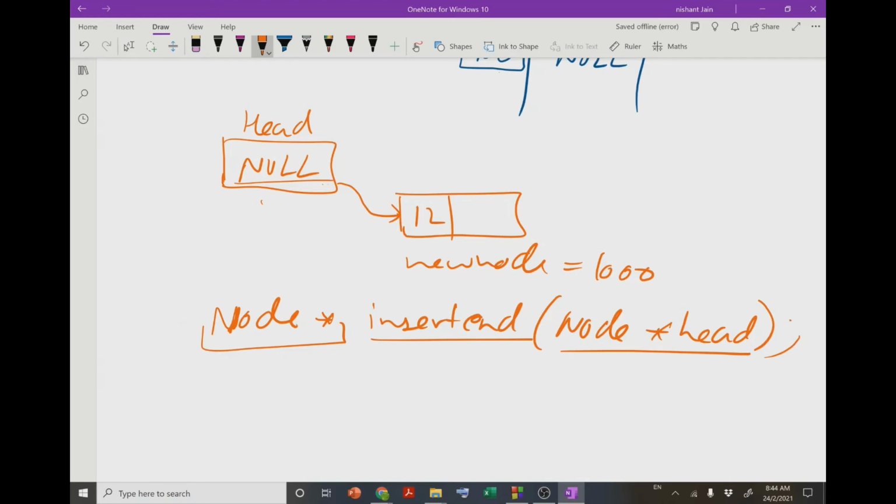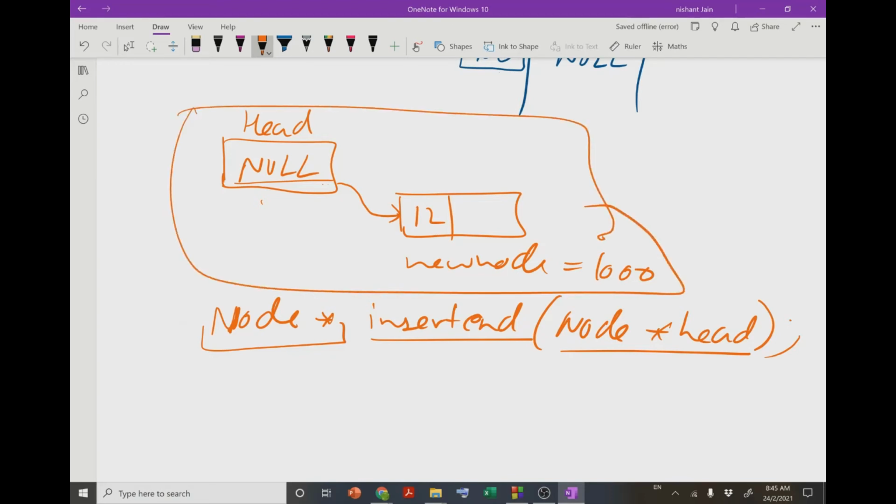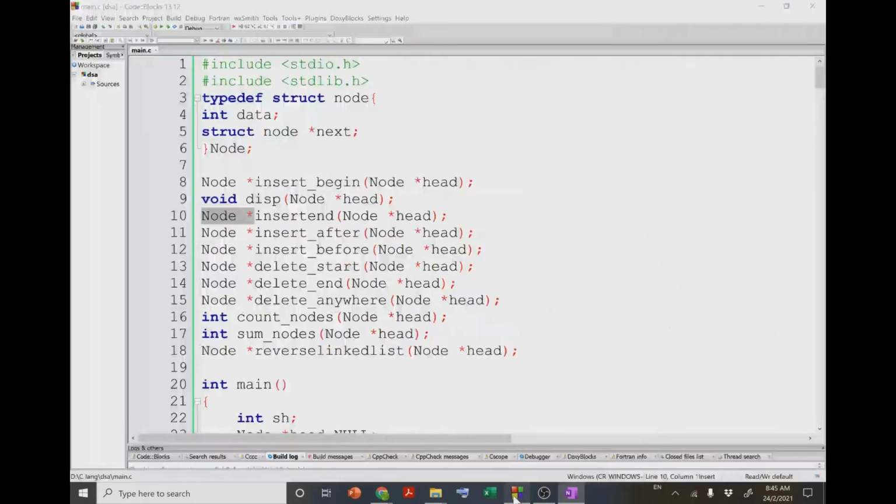In most of the cases, our head is not going to update, so whatever is the original value of the head, that we are going to return. But if we have this type of a case, then our head will be updated, so the updated value of the head will be received by the main program, right? That is the reason I put node star over there. Now coming to the function definition of it,